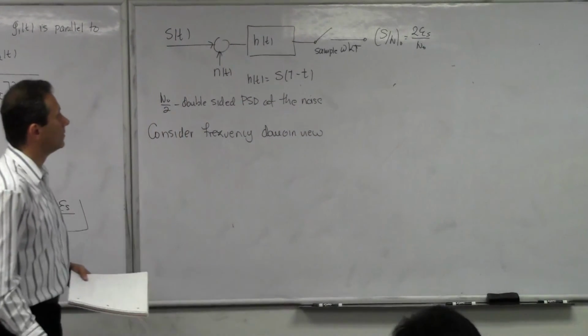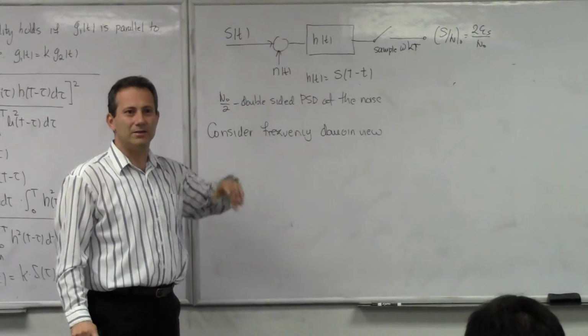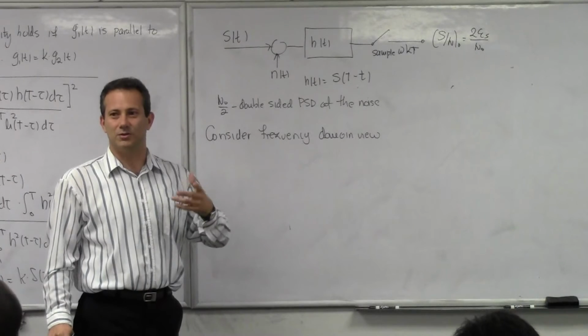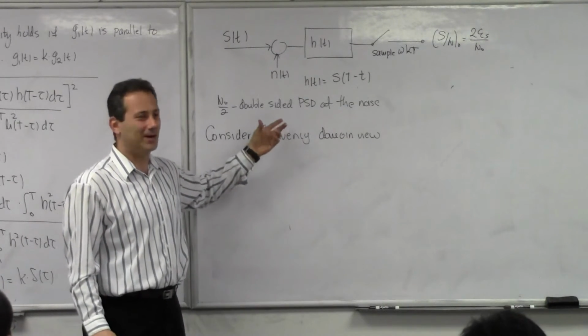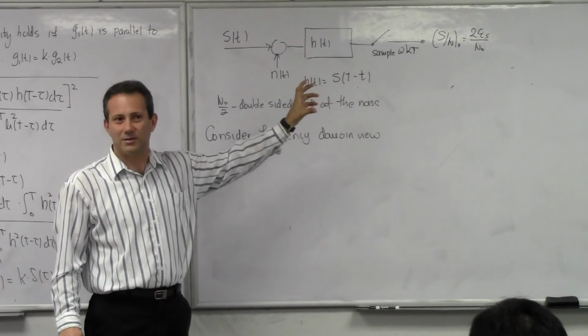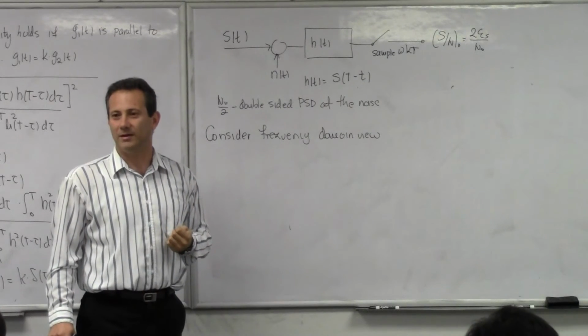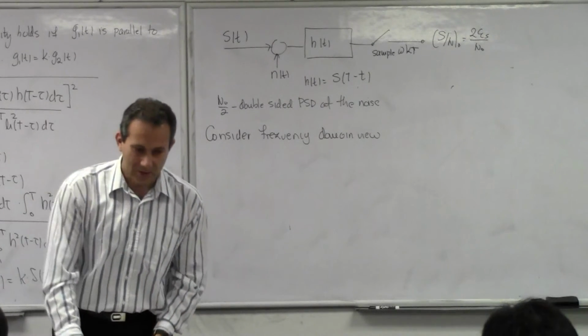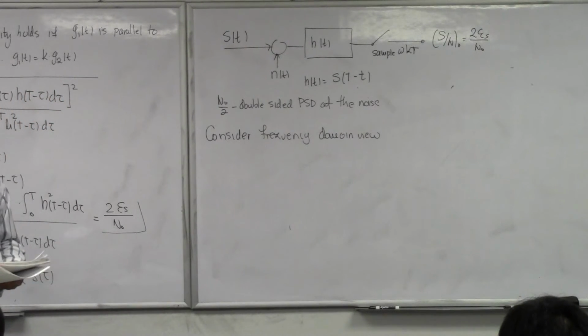Because it's more insightful. This whole concept of flipping and delaying is a little awkward, right? What is it that you're doing? It seems like somehow we're being cheap or something, right? Why would anybody come up with delaying the signal and then flipping it over? Why would that be of any usefulness, right? So let's look at the frequency domain view of this, and then it becomes really crystal clear